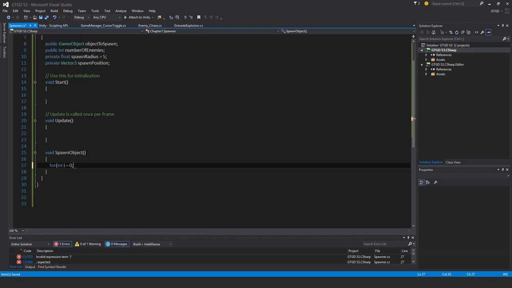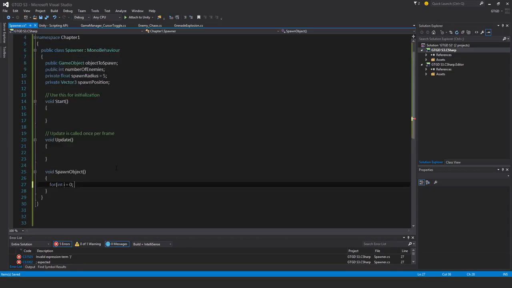So for loop, you start with any old integer, you just make this up, and you say I'm going to start from 0. You can start from any number, and then it's going to keep on going while i is less than number of enemies. So this is what it's going to count up to, and i plus plus. So it means that i is going to have 1 added to it each time